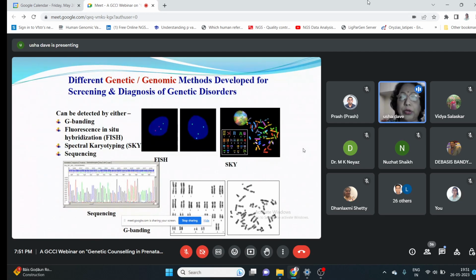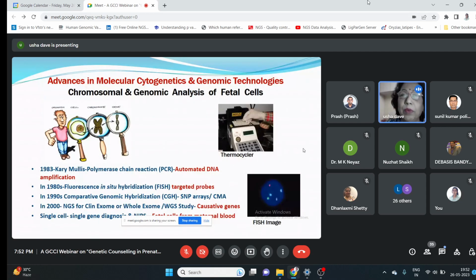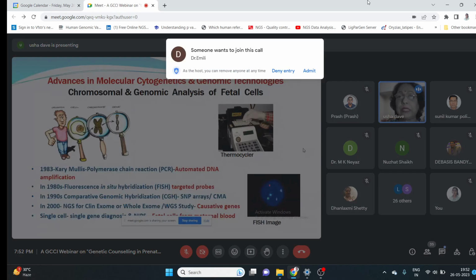As you can see over here, FISH was developed with specific probes for specific syndromes, and you can see it in the prophase cells, with no need of culturing. Or spectral color karyotyping came, the chromosome map, and even structural defects like translocations can be seen. And of course sequencing came, the discovery all of us know well after the PCR. So advances in molecular cytogenetics took place, and genomic technology started. Not only that, even the single fetal